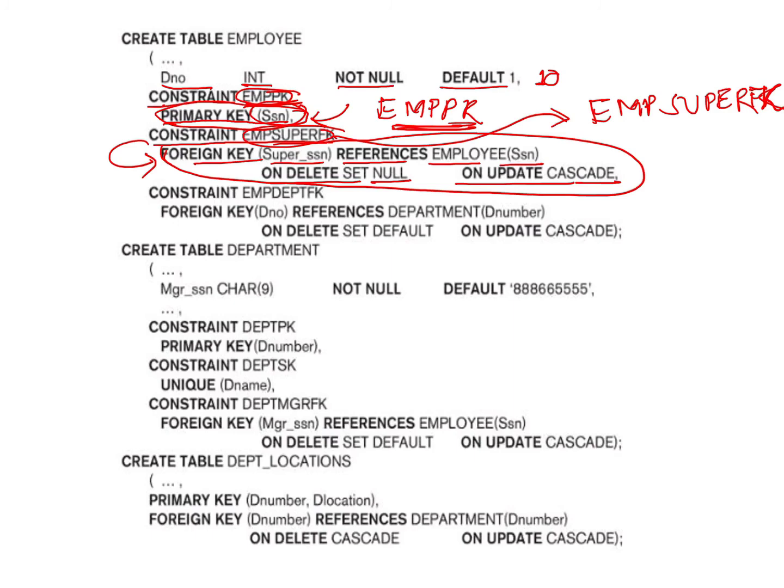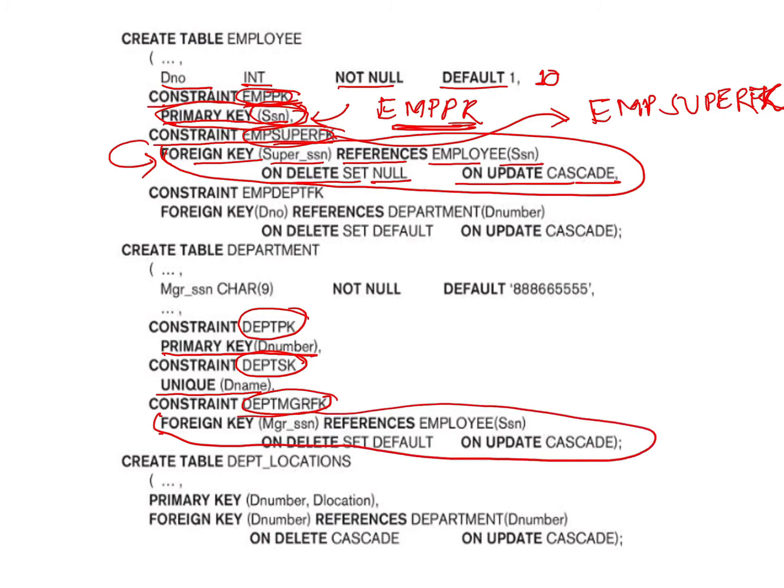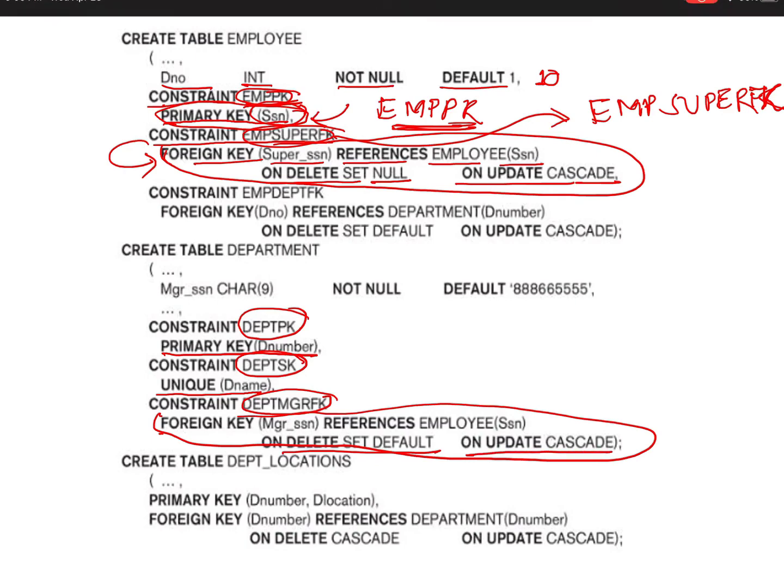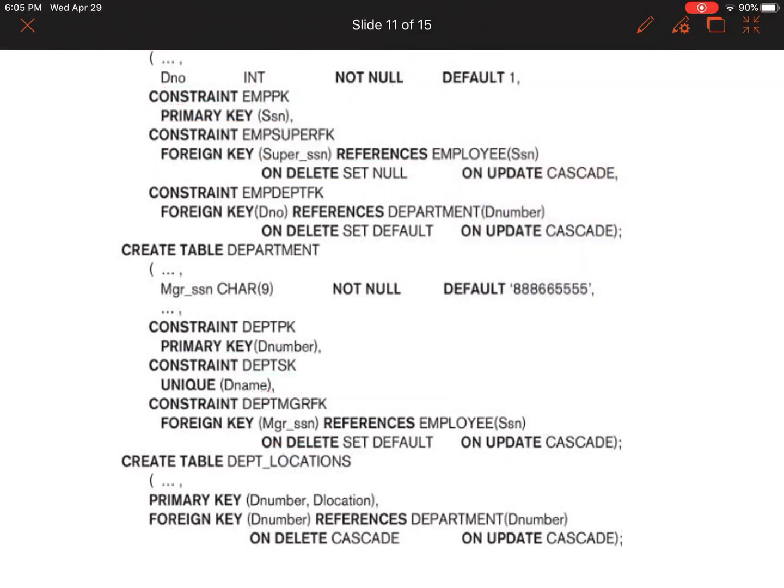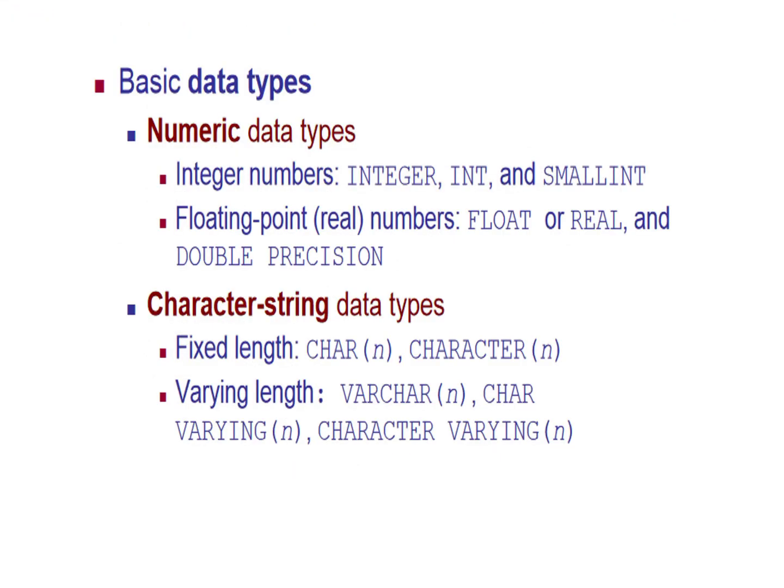So you can see in the other tables also, a constraint has been given the name department p key. What is the constraint? Primary key constraint. Another constraint has been given the name sk. What is the constraint? Unique key constraint. Now another constraint has been named as department mgr. So what is the constraint? It is the entire foreign key constraint, wherein I tell on delete what has to be done, on update what has to be done, and so on. So these are the various constraints, with examples.